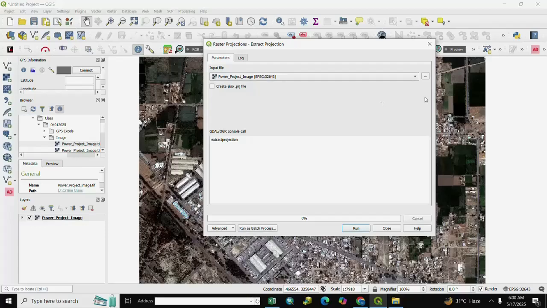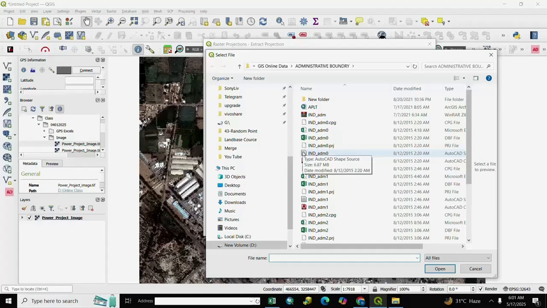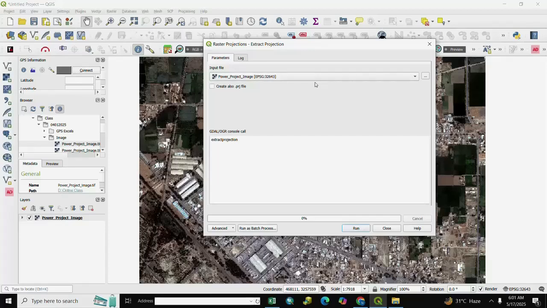For extract projection, if you want a reference projection, you give a reference projection. After it, open and tick create projection. After it, run and close. Your projection has been extracted successfully.